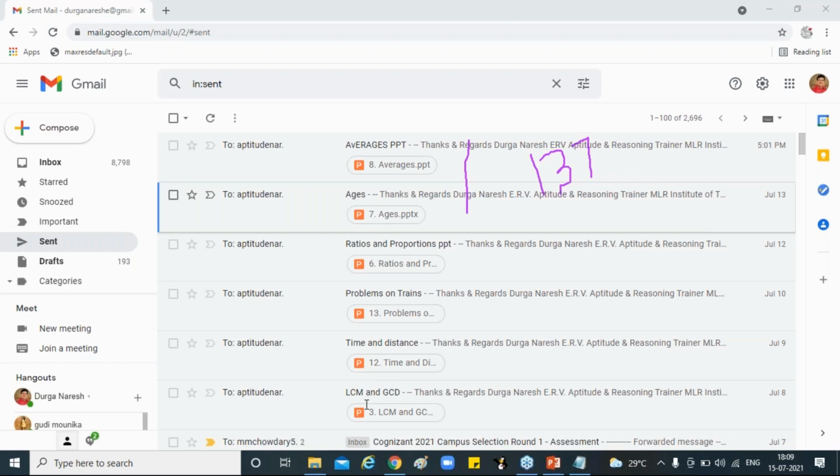DXC Technologies already started. Yeah, for open drives there is no amount. Okay, Accenture, Capgemini, whatever link I shared to you yesterday, there is no amount, ma. There is no registration fee. All those are open drives. So please share the link, Rajesh. It helps your friends a lot also, if you have.